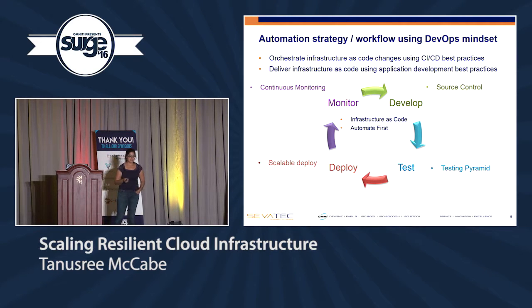So if you take it at a very high level, that CI/CD pipeline can be broken down into a develop phase, a test phase, deploy phase, and monitor phase. Now for software code, typically you see develop, build, test, deploy, monitor. For infrastructure, you don't necessarily have a build phase so much, so I haven't shown that here. So at a high level, in develop, you're going to be looking at your source control. Test, you look at your testing pyramid.